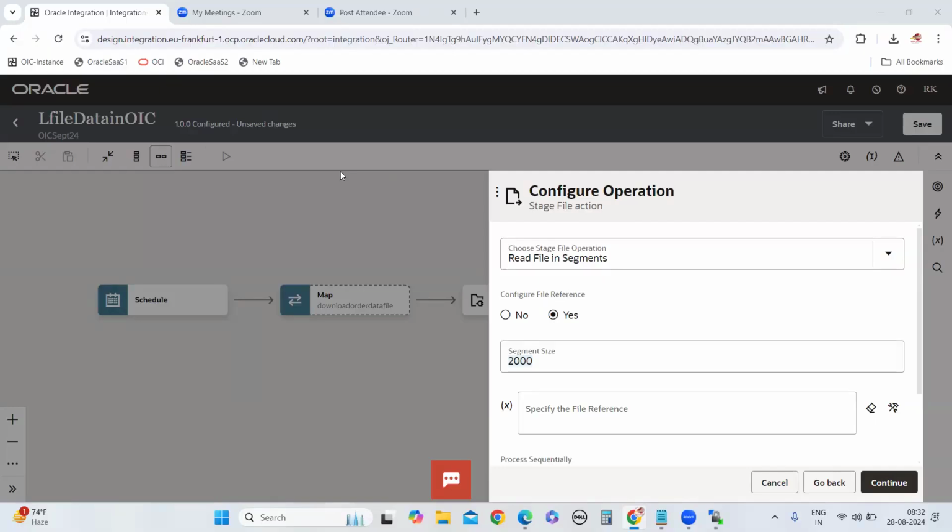In Gen 3 we also have debug and audit options, which I have shown when we run the integration. I have covered that also. So we have debug, audit, and production. Those options are also not available in Gen 2.